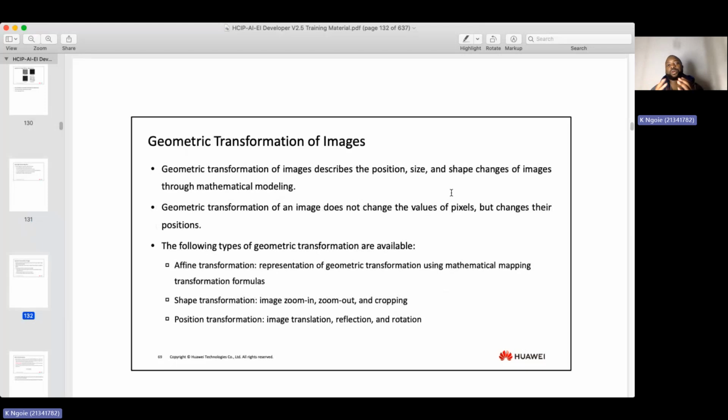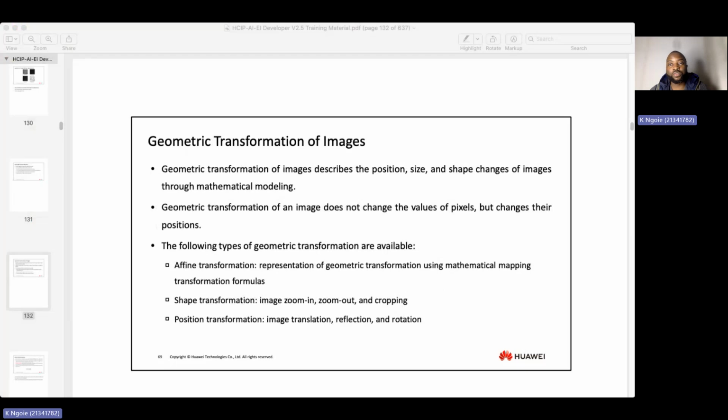So today we're going to talk about geometric transformation of images. Basically, in a geometric transformation of images, we're going to deal with the position of the image, the size, the shape, and how the shape is going to be changed through mathematical modeling. That is very important for us to understand. So when we're talking about geometric transformation,